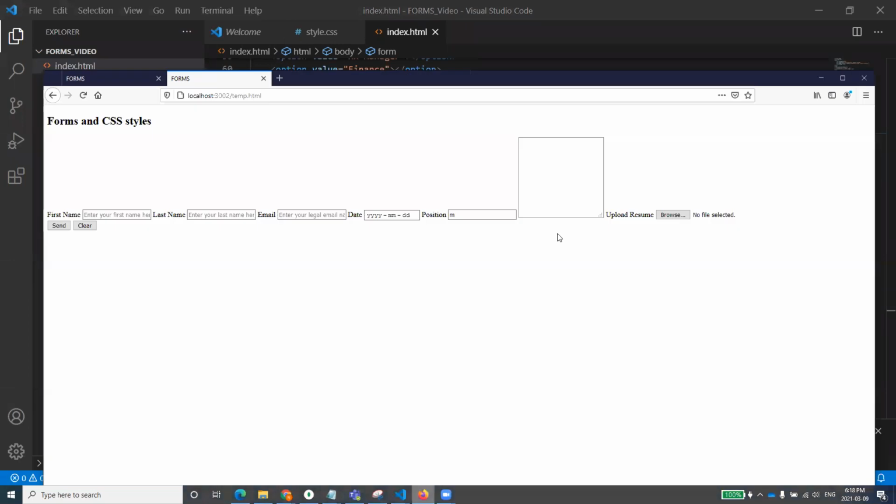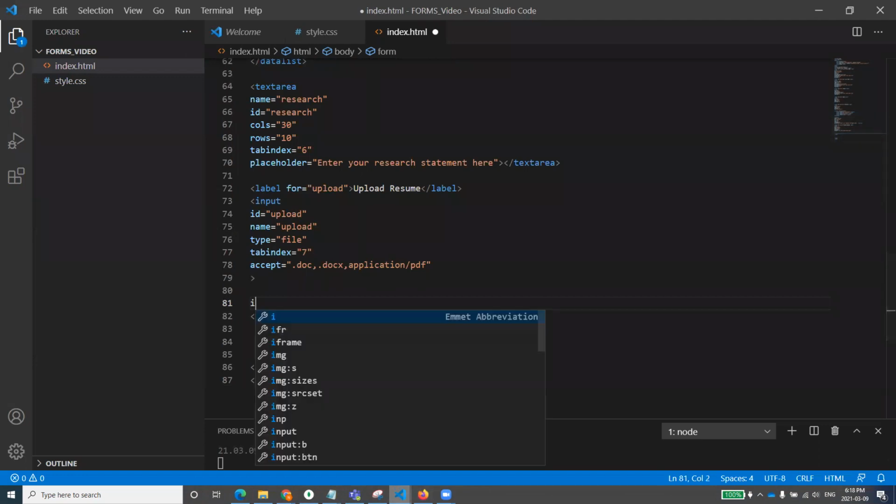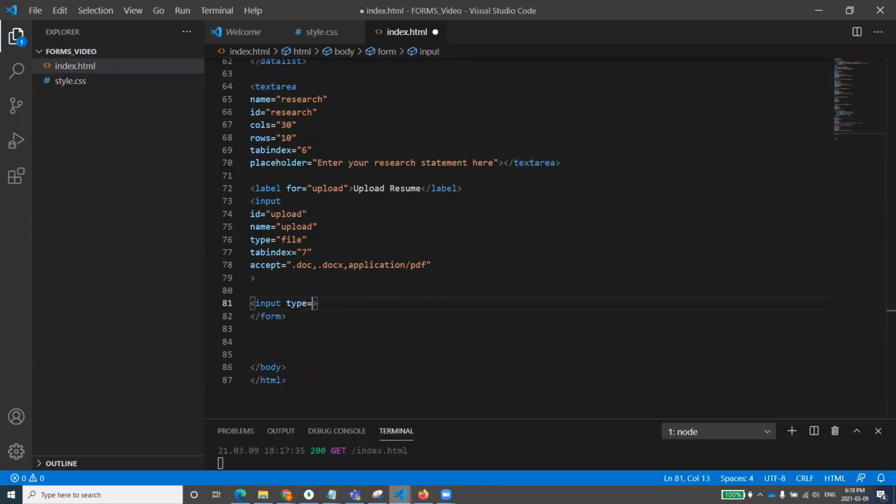The last thing that we want to do is these two buttons, send and clear. It is very easy to create these buttons. Input type is equal to submit, and let's set its name equal to submit, because if we want to access it again as data, for example, or in another form. And value is something that will be shown. If I write send here, the value shows the data over there.